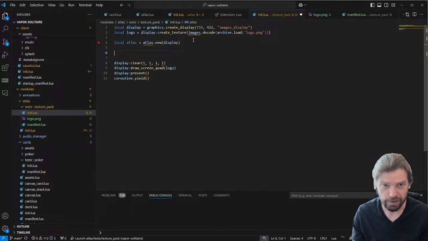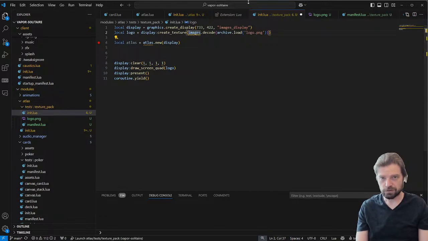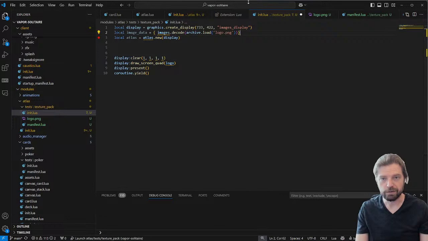So let's do that. Instead of actually having loaded this logo as a texture, let's instead just load it as image data. And just for the sake of showing this incrementally, we'll start here